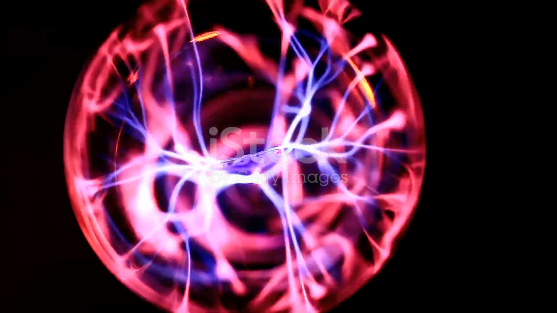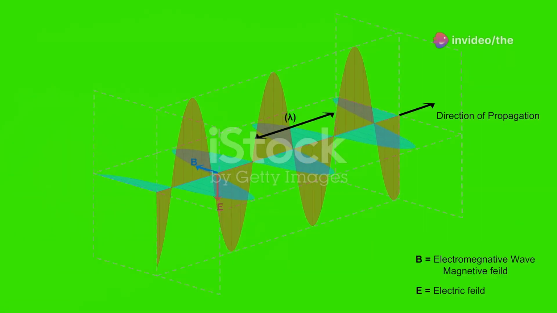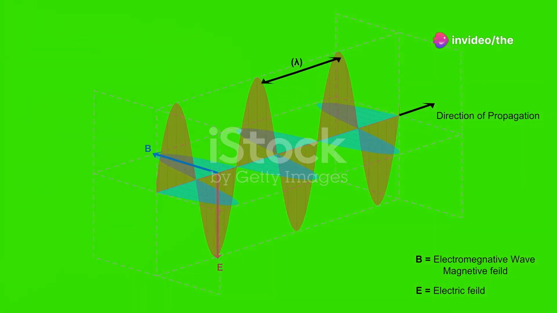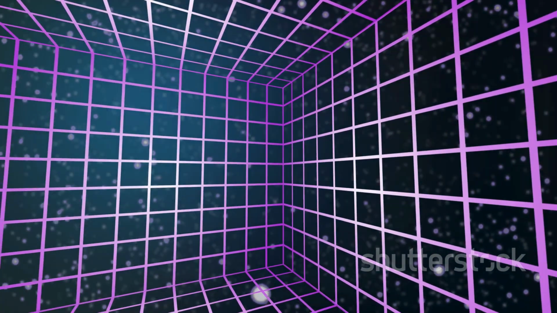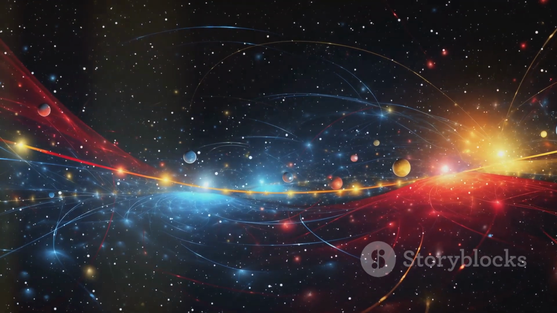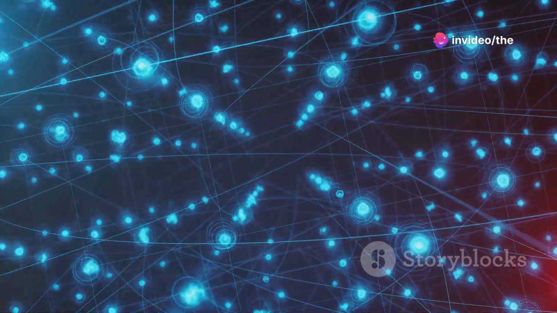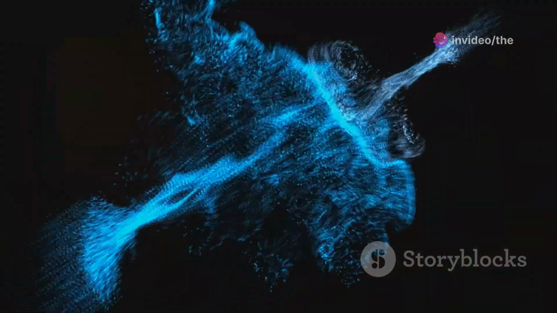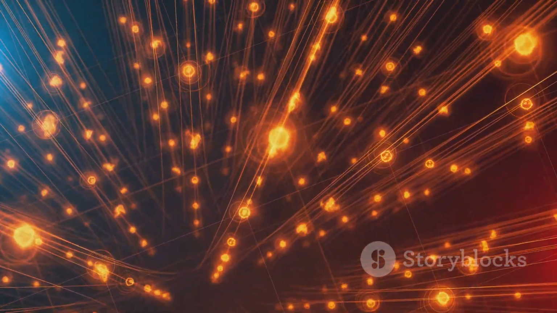In physics, a field is a physical quantity assigned to every point in space and time. For example, the electromagnetic field describes electric and magnetic forces. Fields can be visualized as a grid filling space. Each point on the grid has a value representing the field strength. Quantization of fields is a key idea in QFT. It means that fields are made up of discrete units called quanta. These quanta are the particles we observe. For example, the electromagnetic field is quantized into photons.